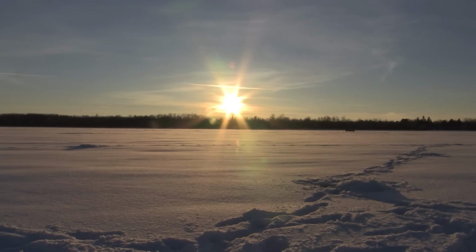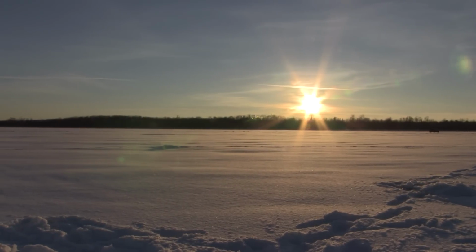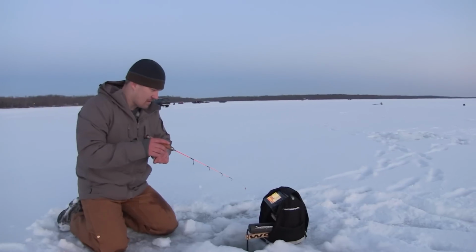But both species of fish just kept on biting, and it just kept getting better and better and better. And there were points in the night or in the evening where you couldn't even go 30 seconds without catching a fish. So,